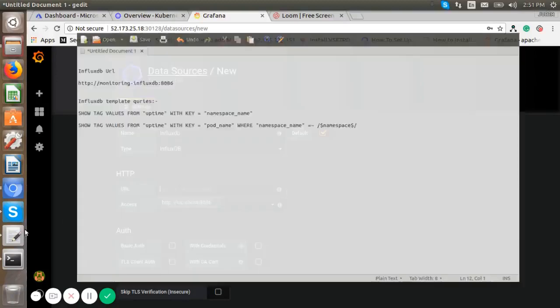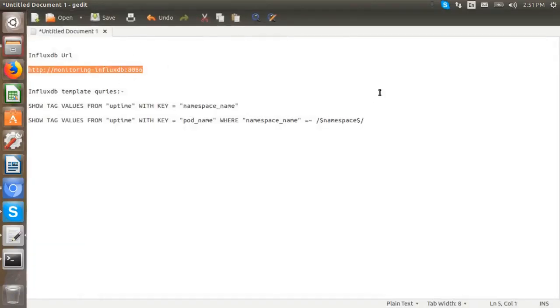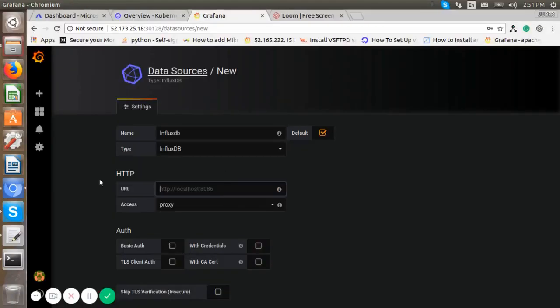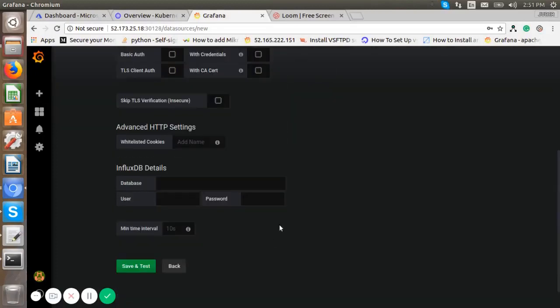Enter the URL of the data source, with the default port for InfluxDB. InfluxDB details: the database is k8s, username root, password root. Then click on the save and test button.